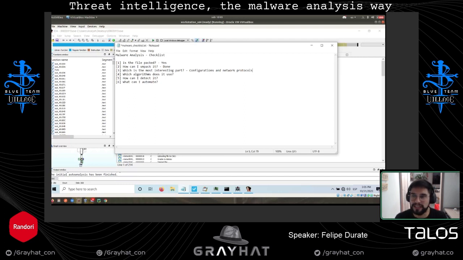But if it does implement something like RSA, then probably we could not get the actual files back. So depending on the sample, you are going to find some parts more interesting than others. At least for RATs, configurations and the network protocols are very interesting. And also for botnets could be very, very useful, just in case. So, because we know which are the most interesting parts, we need to find how the sample handles